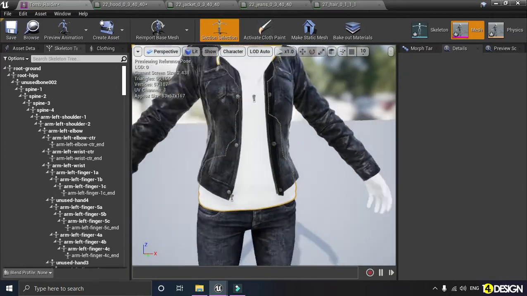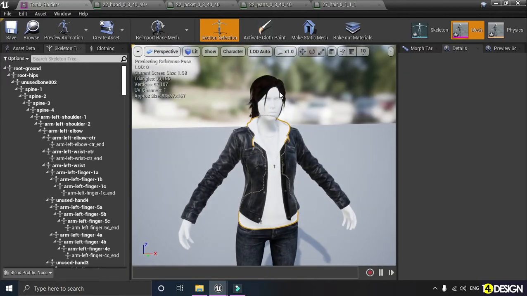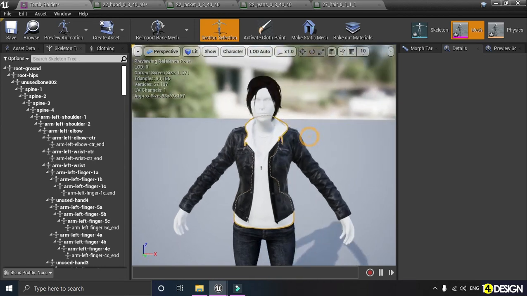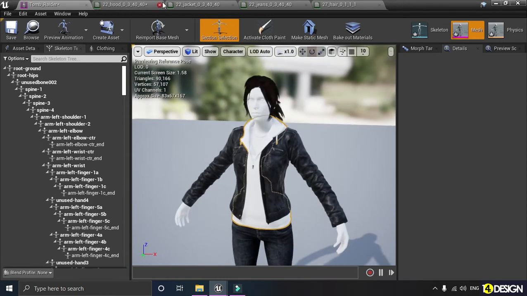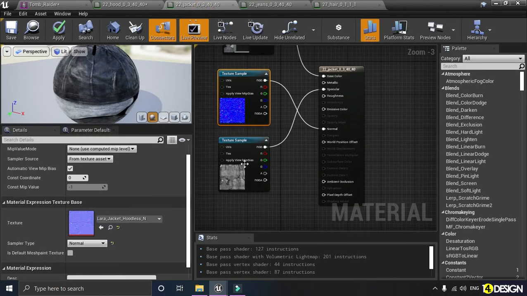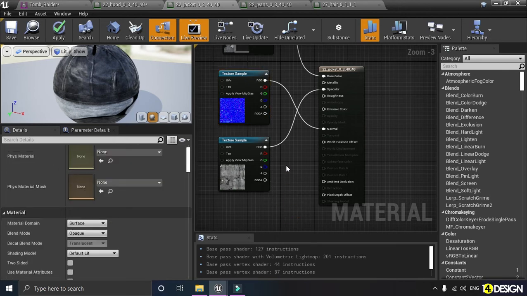Now sometimes some of your materials might show only a single side, so to fix this we have to set that material as a two-sided material. To do that, let's just select our jacket node here, click on this main node, and we have our option here, two-sided material.